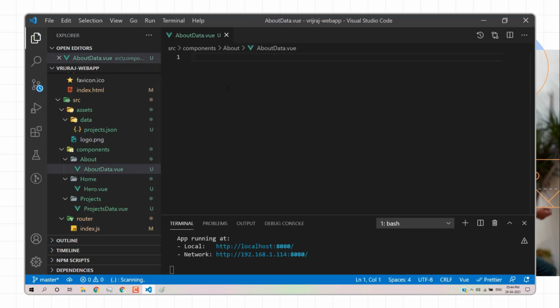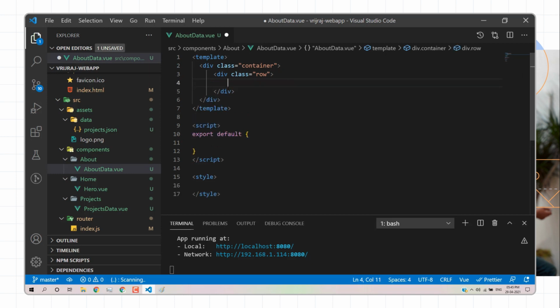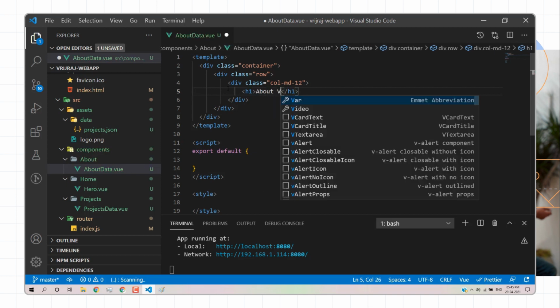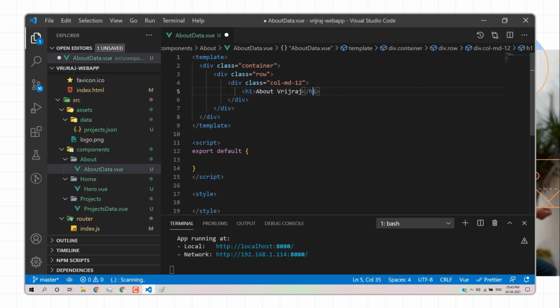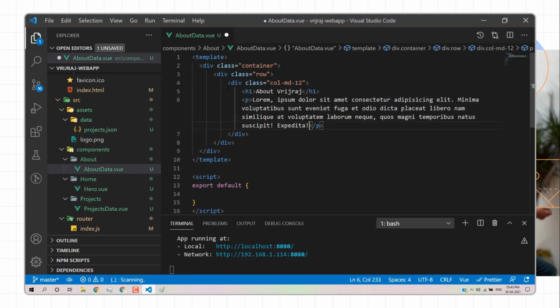We'll create the same thing: a container, then a row, and then a column of 12. Here you can write, let's say, h1, about Rich Raj or any other person's name. You can mention the links or a paragraph, whatever you want. It's totally up to you, you can design.